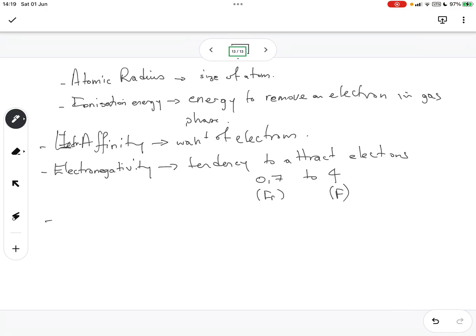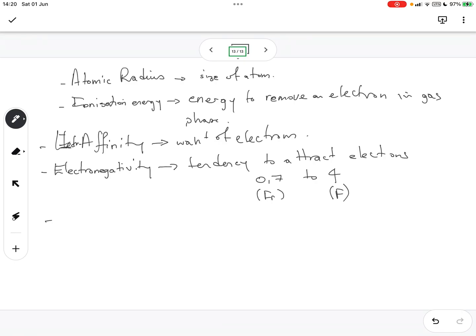Now, that can be measured, and it's measured on a scale of 0.7 to 4. So if an element has a low electronegativity, that means something else than when an atom has a high electronegativity. And then, groups are vertical